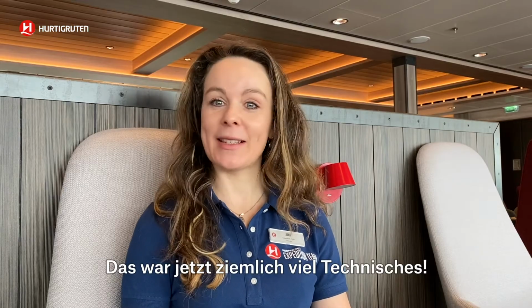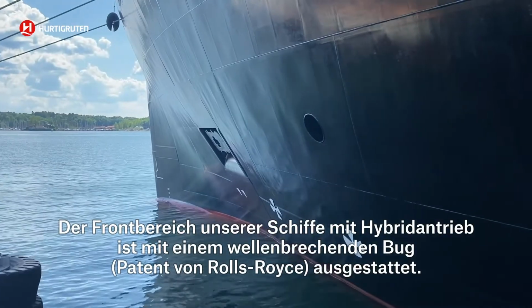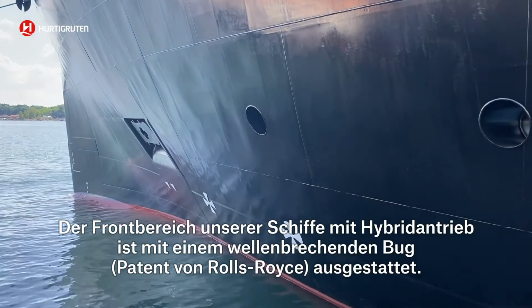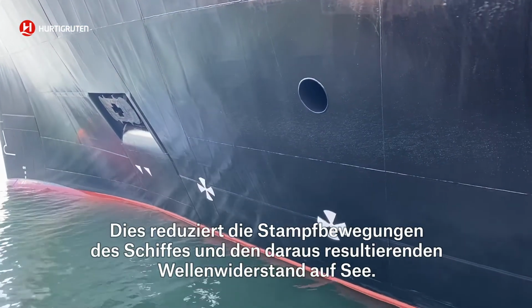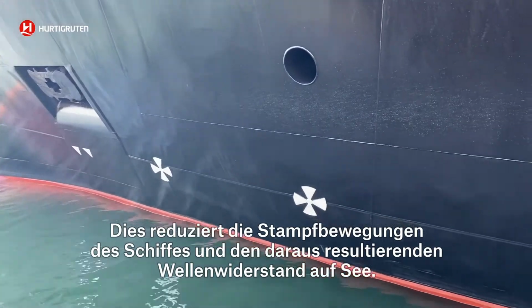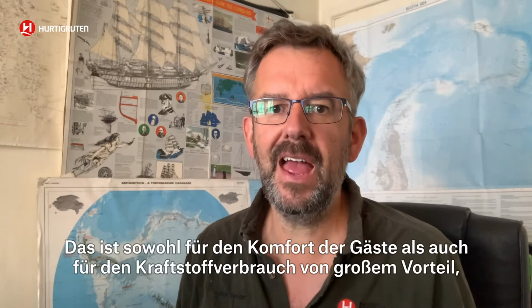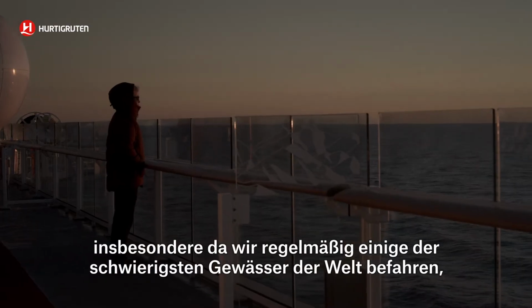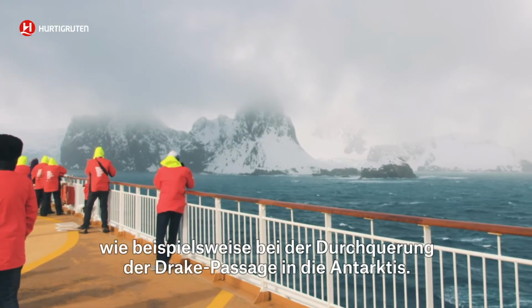Phew, that was slightly technical. Oh, we're not entirely done yet. You see, the fronts of our hybrid ships are designed with Rolls-Royce's patented wave-piercing bow. This reduces the ship's pitch motions and the resulting wave resistance whilst at sea. This is a great asset for both guest comfort and fuel economy, especially as we routinely cross some of the toughest ocean areas of the world, such as the Drake Passage to